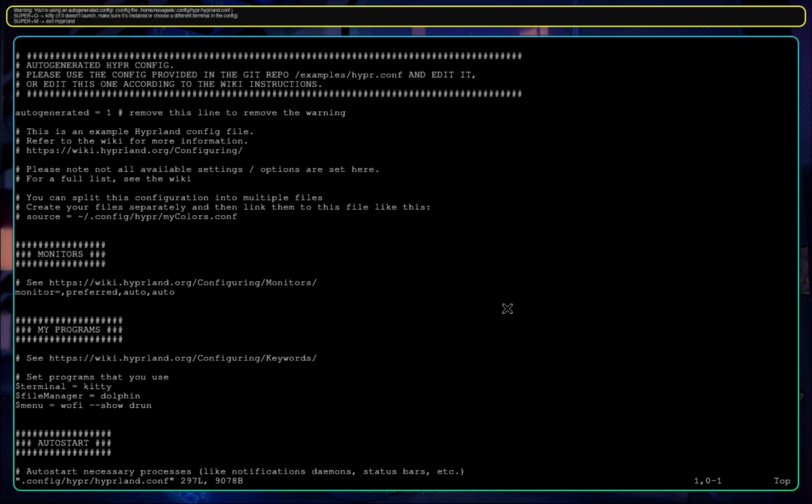Let's comment this line and scroll down. So here let's change the resolution. Put the resolution that your monitor supports. For me, I'm going to put 1920x1200@60, and now let's save the configuration,